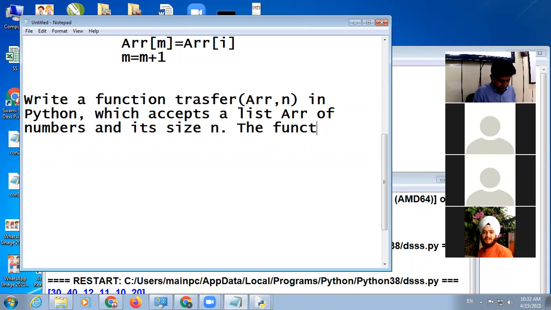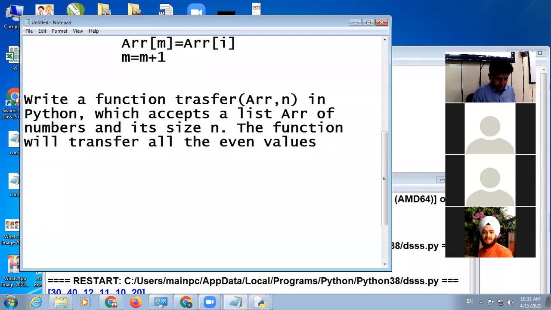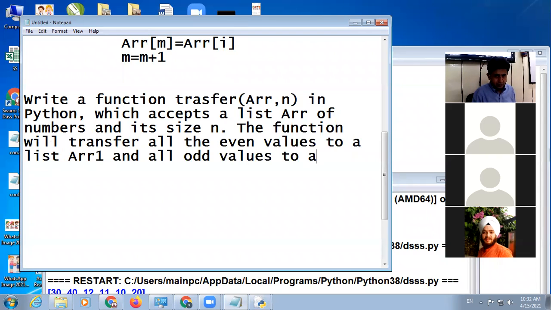The function will transfer all the even values to a list ARR1 and all odd values to a list ARR2. For example,